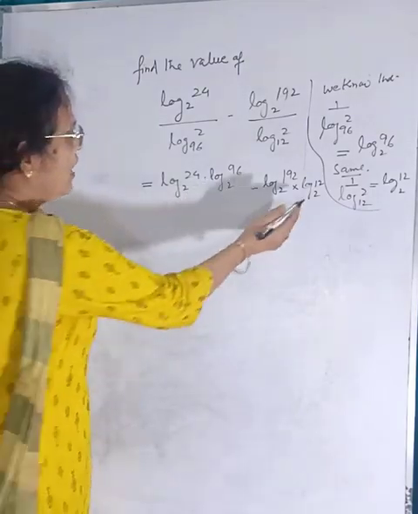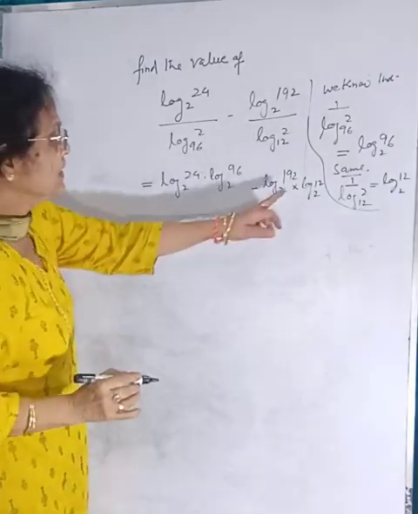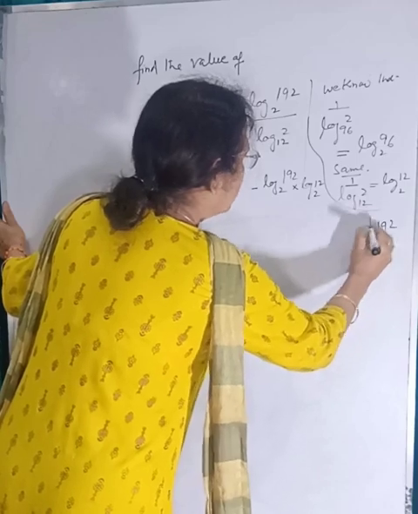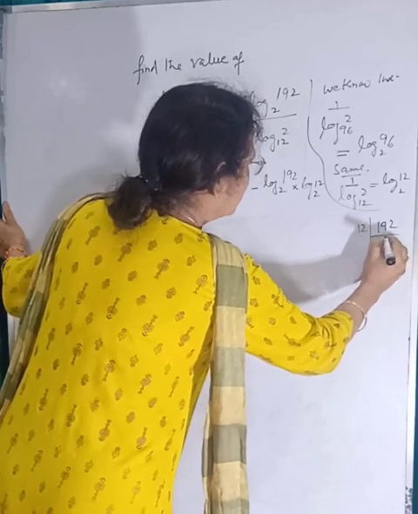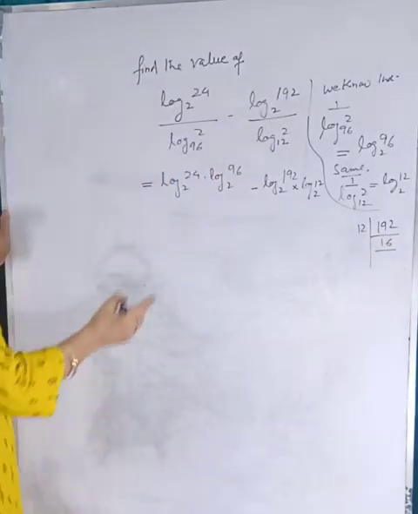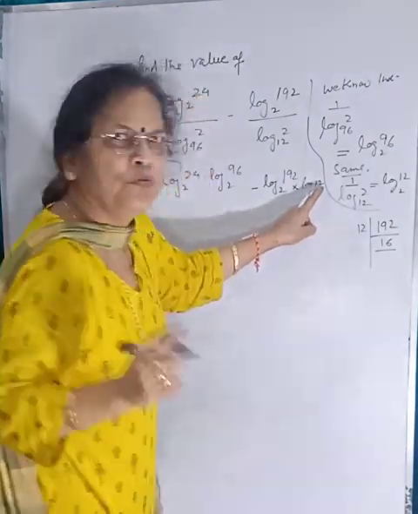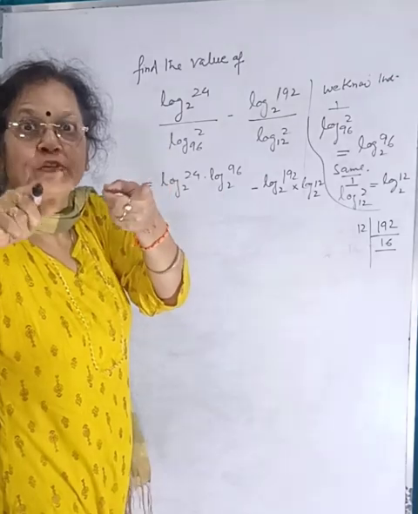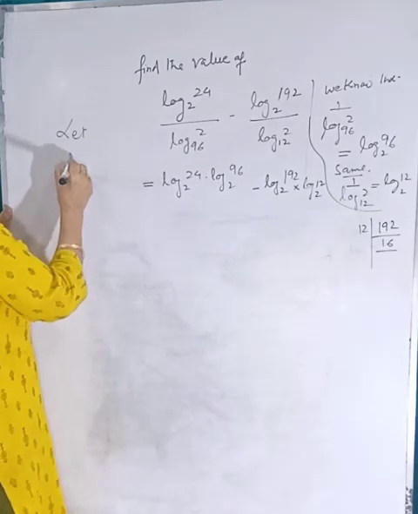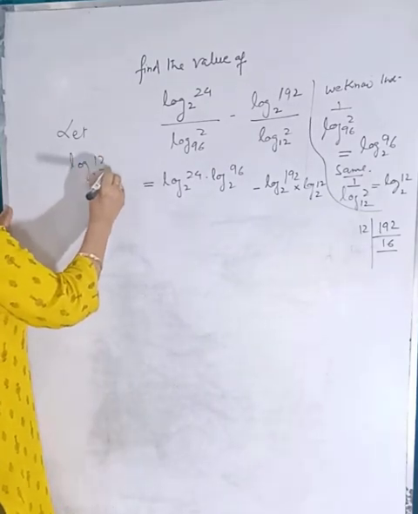दूसरी आप देख रहे हैं 12, 2 is 24, 12, 8 is 96. This is also divisible by 12. 192, 12 1 is 12, 12 6 is 72. It means this is also divisible by, which this smallest one is log of 12 with the base 2. इसको हम x मान लेते हैं. Let log of 12 with the base 2 is equal to x.